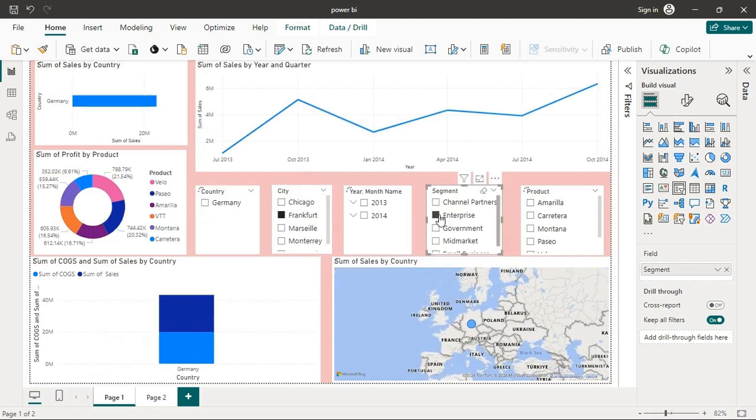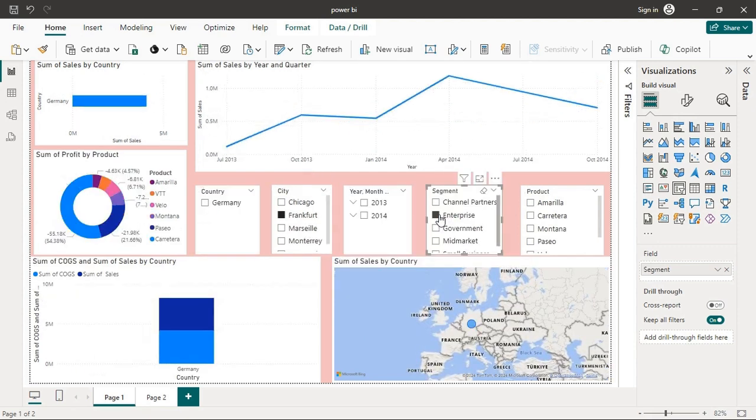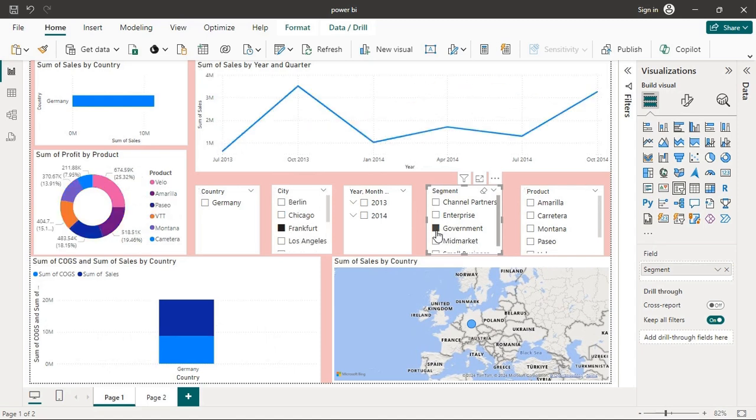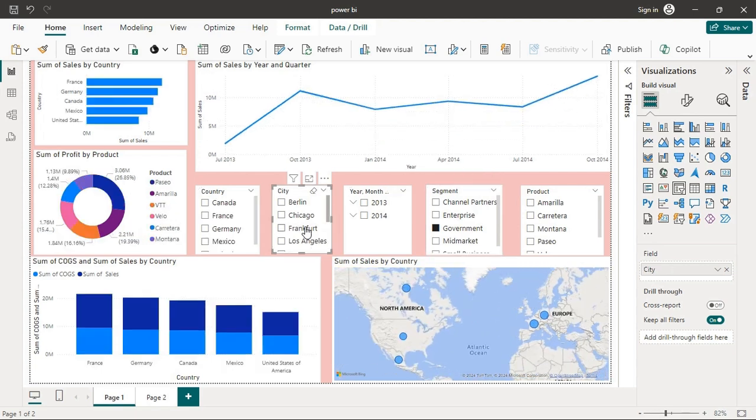In this video, we will learn how to use slicers, filter data by country, city or product and see how the entire dashboard changes instantly with your selection. Interactivity helps you analyze data more effectively and make informed decisions.